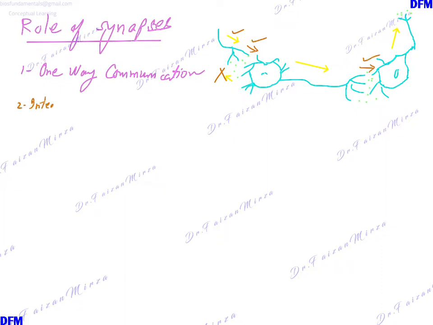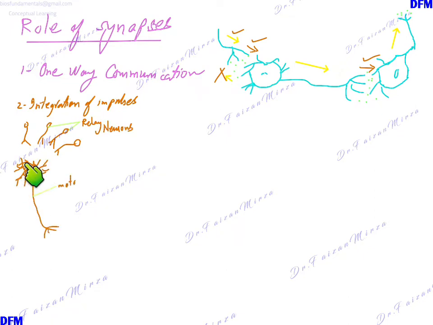The second point is integration of impulses. Integration of impulses can only occur at these chemical synapses. For example, these are multiple relay neurons, and these relay neurons are relaying information to a single motor neuron, for instance. And you can see there are various branches of these dendrites present on the motor neuron, and this is the axon going ahead. So let's suppose all these four are capable of transmitting impulses to this motor neuron,